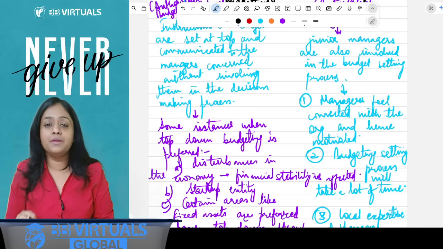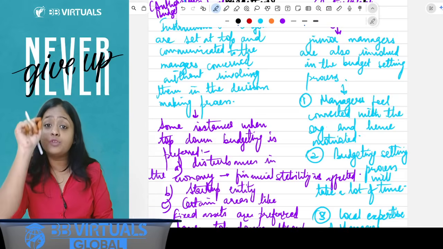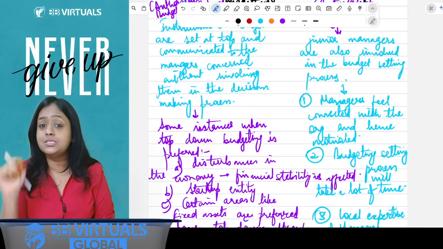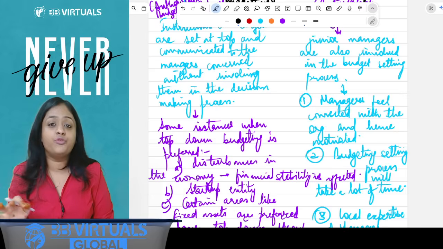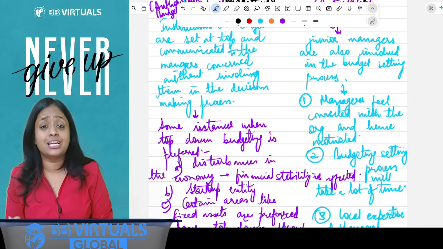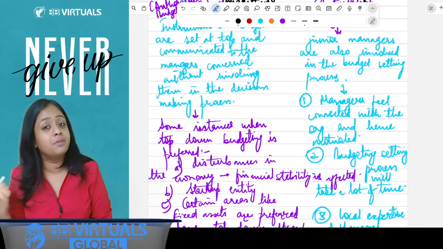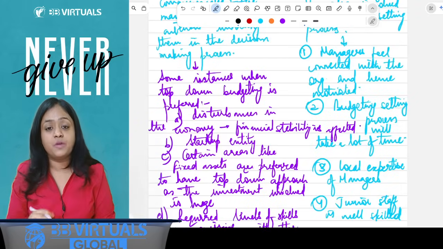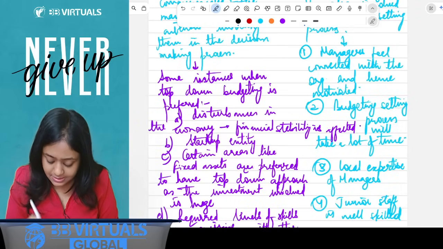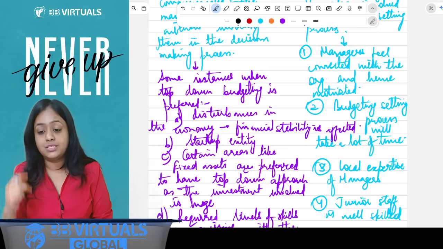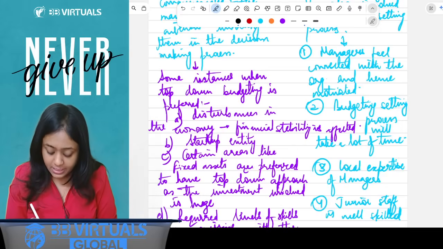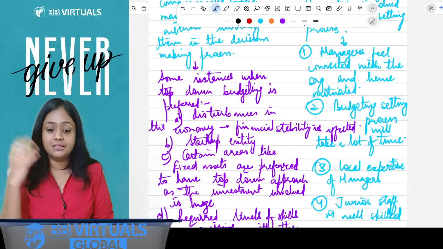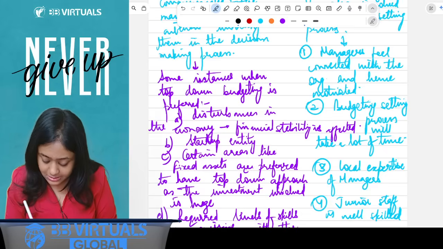So now here I'll be giving you some instances which you have to remember for your MCQ questions. Typically when we prefer the top-down budgeting, and even in section C, a 2-3 marks question can be asked on it. Like some instances when top-down budgeting is preferred: number one, when there are disturbances in the economy and so there is financial instability. When it's a startup entity and it's in the early years,